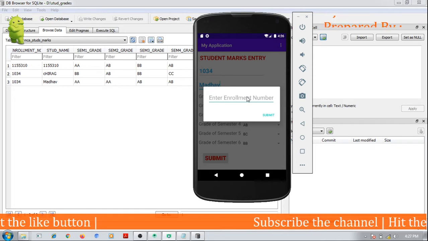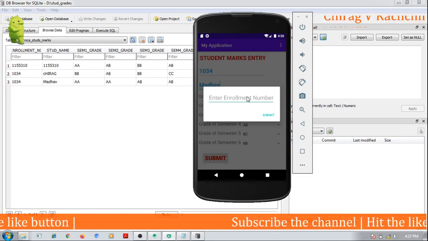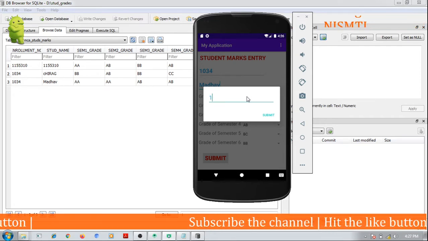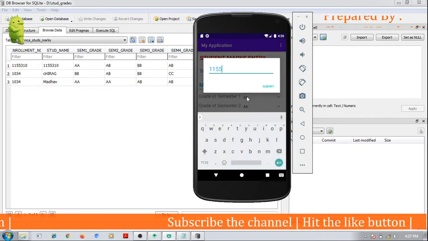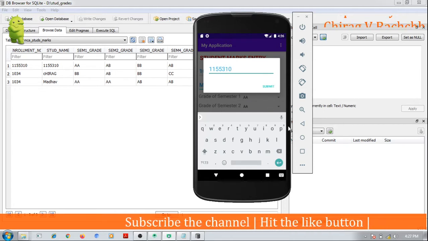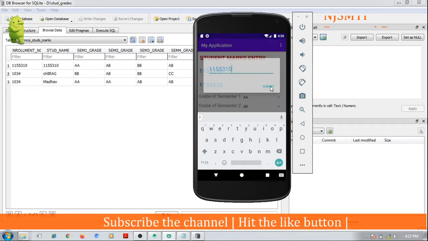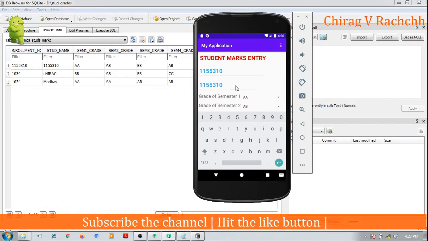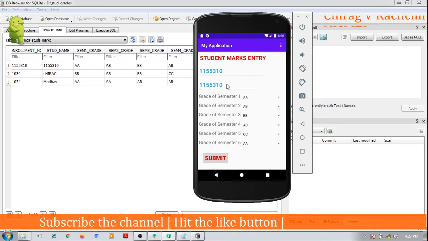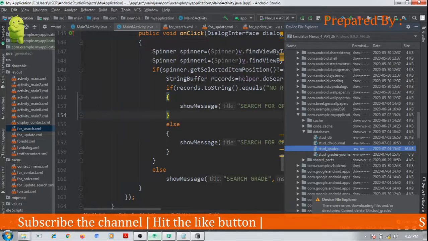Otherwise it will not happen. Now suppose I search for 1155310. Submit. Actually name is disabled, but name should also be enabled so that we can update the name.